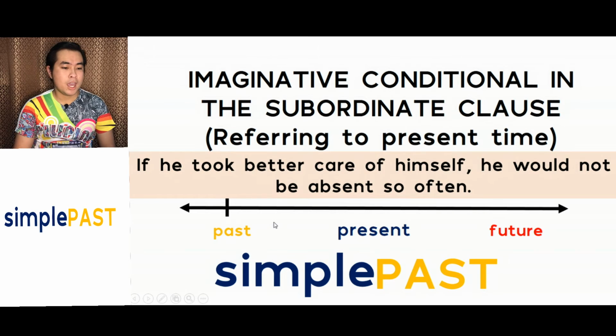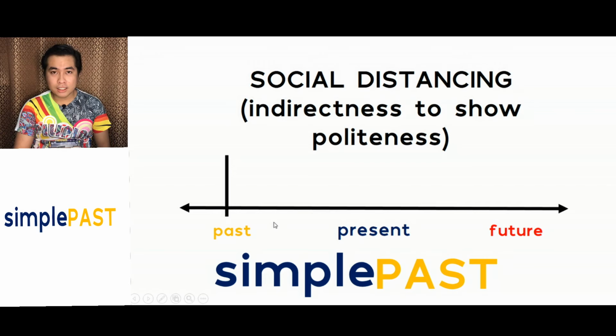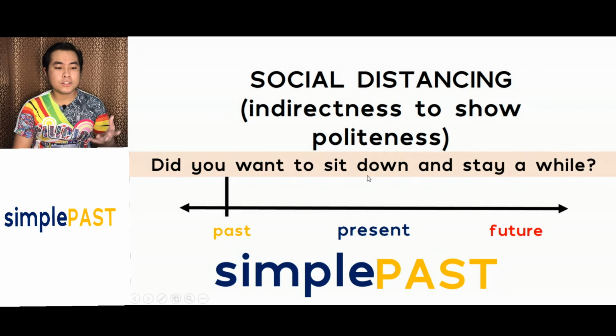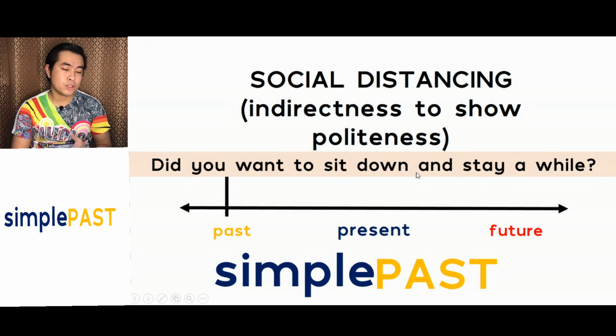And then lastly, I guess this one is so familiar right now, the term social distancing, but in grammar it's a different case, somehow. It's really about politeness and about modality. So we have here indirectness to show politeness. Did you want to sit down and stay a while? So why in grammar or in